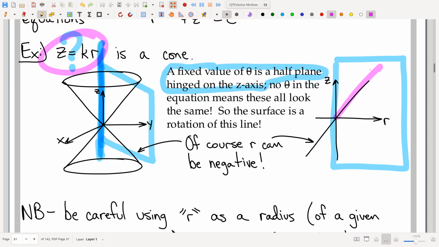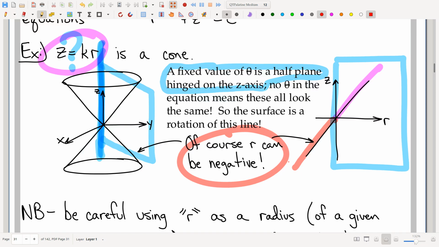Now there is a little awkwardness here. Again, for a given theta, I kind of like to think of a half plane, and that assumes that r is only positive. It's not. R is allowed to be negative, right? And so when r is negative, then z is negative, and that just continues the line down this other side. So altogether then, the relationship between z and r for any given value of theta is just an angled line